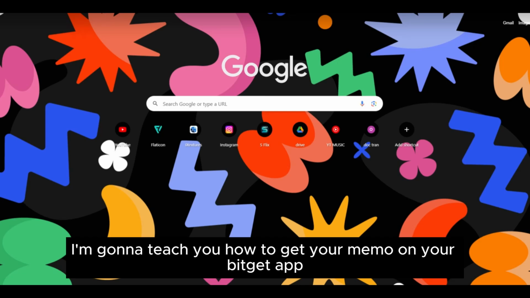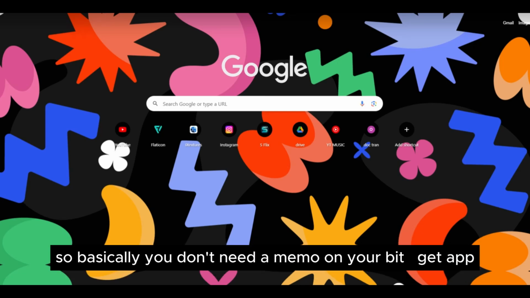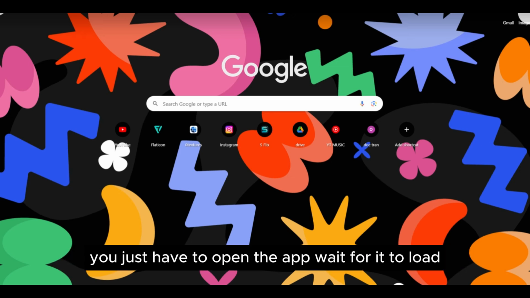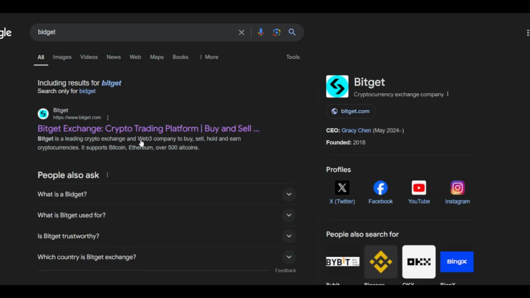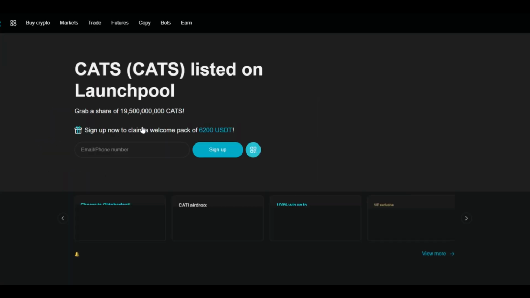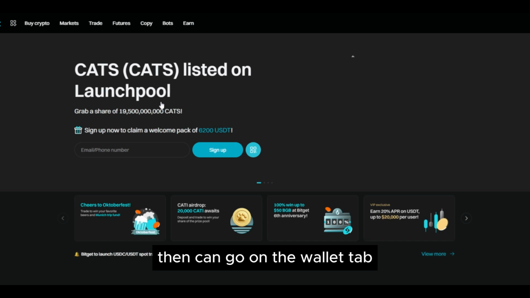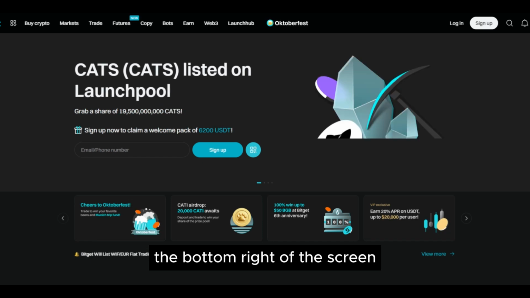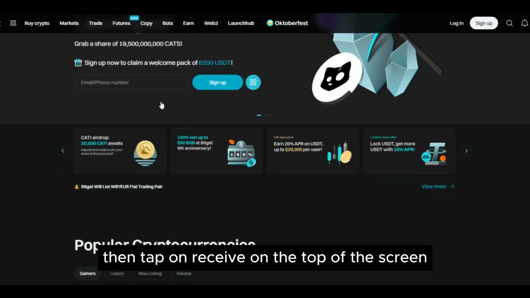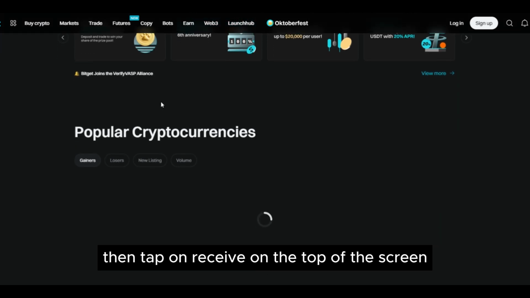I'm gonna teach you how to get your memo on your Bitget app. So basically, you don't need a memo on your Bitget app. You just have to open the app, wait for it to load, then you can go on the Wallet tab in the bottom right of the screen, then tap on Receive on the top of the screen,